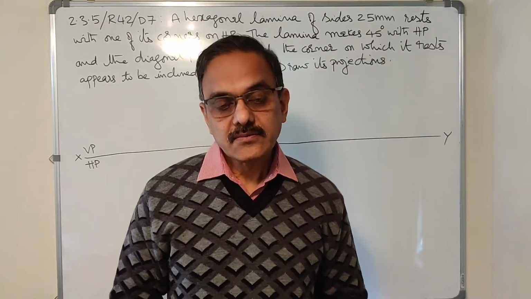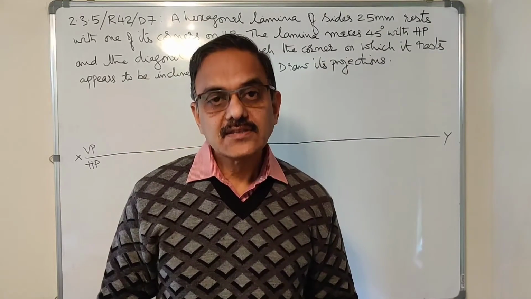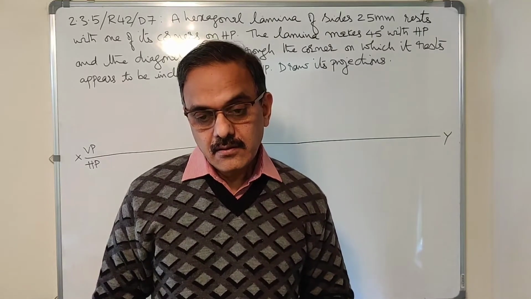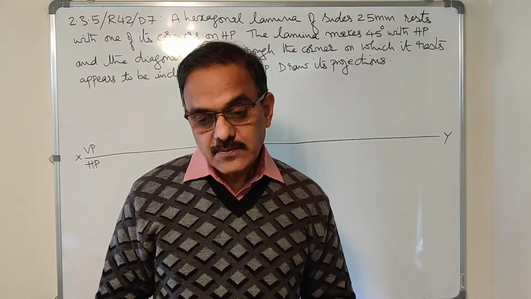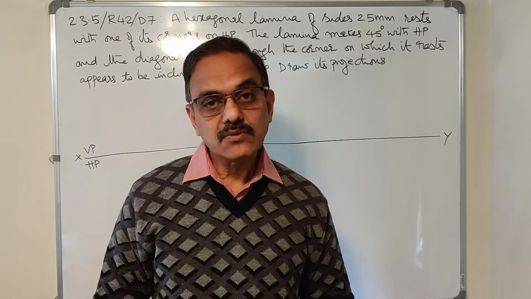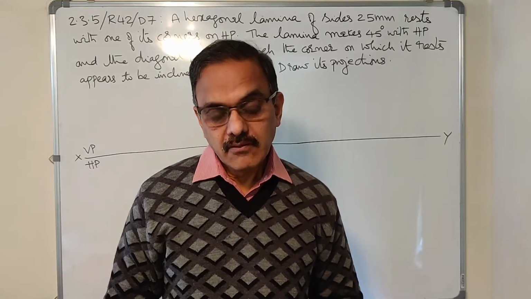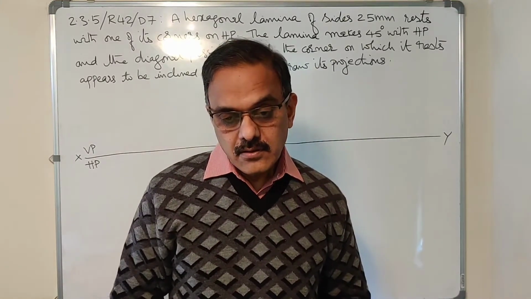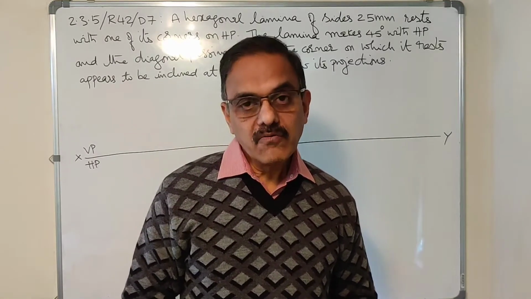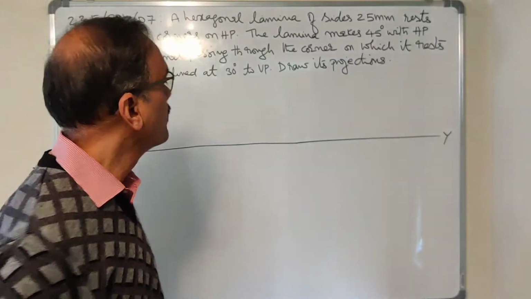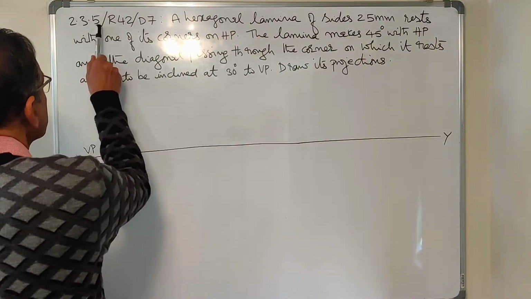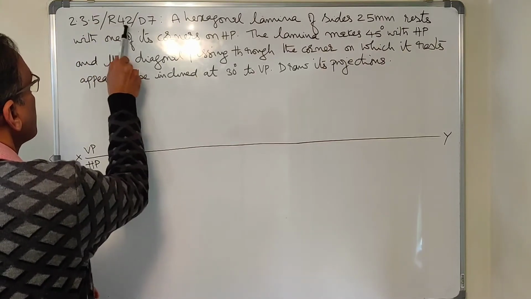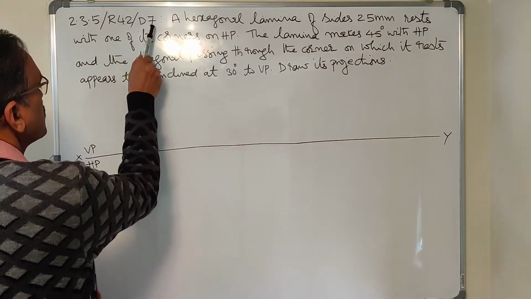Welcome back, students. Let us move to the second problem in drawing number 7. We did the first problem on SP2, simple position 2. Even this problem is also on simple position 2. Let me read out the problem for you. The problem number as per CMRT question bank is 2.3.5. As per video question bank it is 42 and it is in drawing number 7.